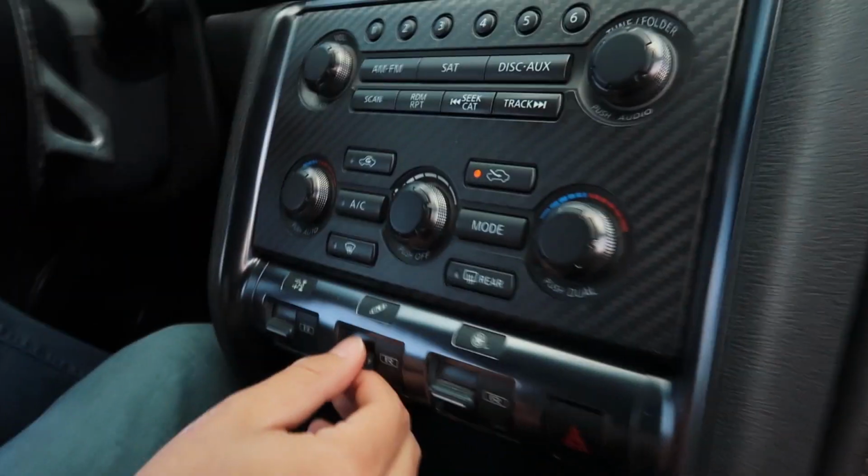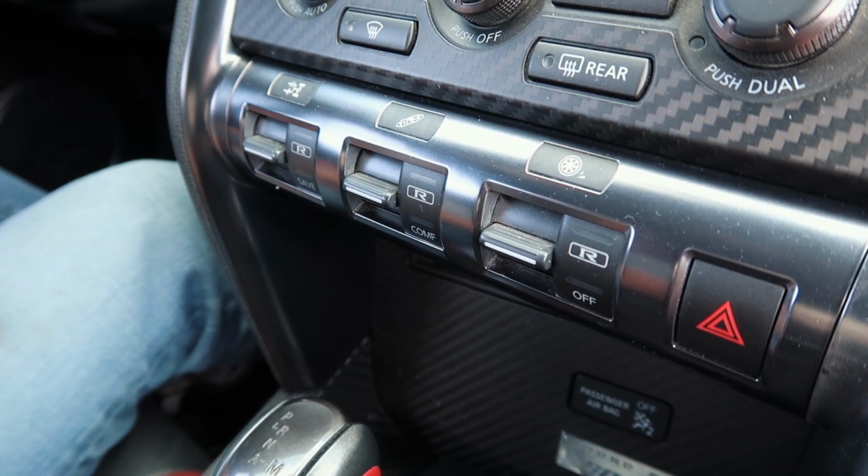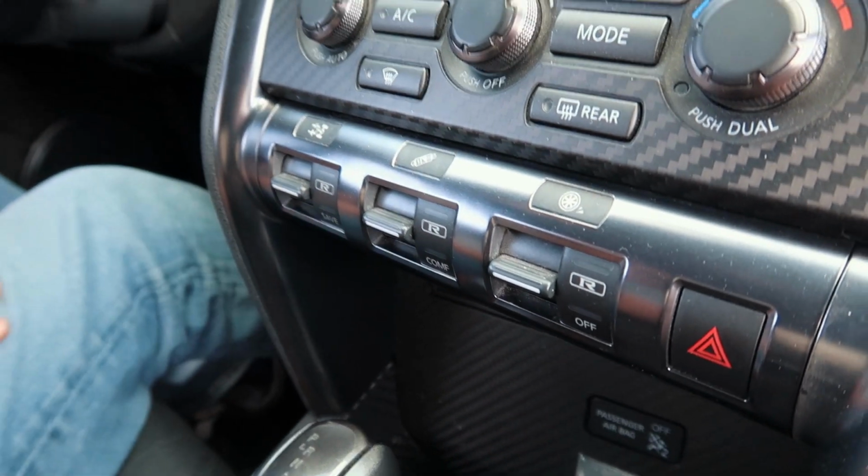And you've got this launch control right here. It makes it look like a freaking rocket. You just switch these up and then just launch it like a rocket. But yeah, pretty awesome. These seats are pretty comfortable for